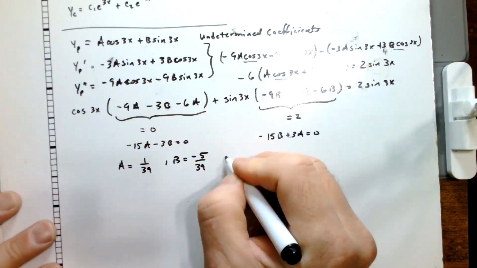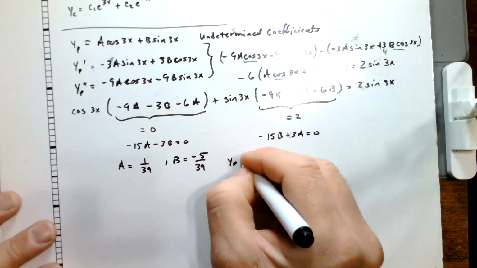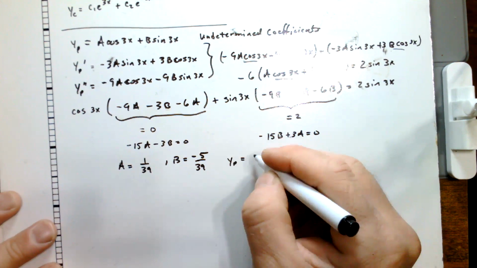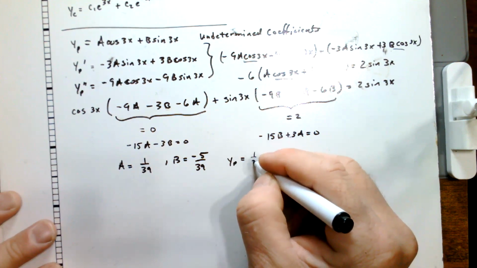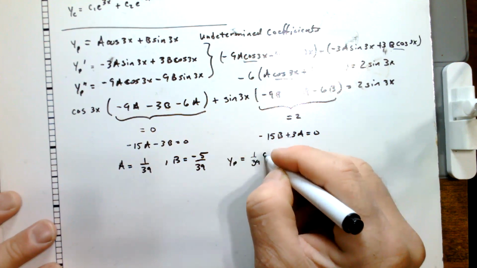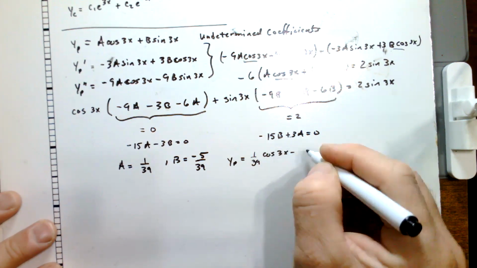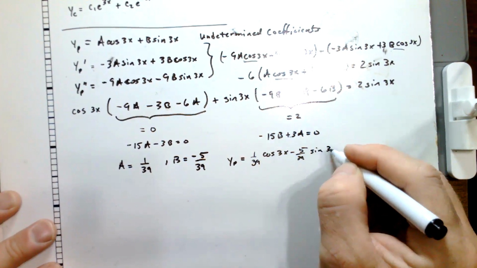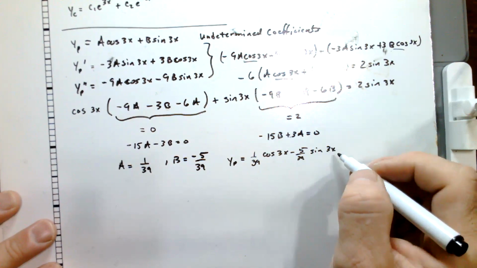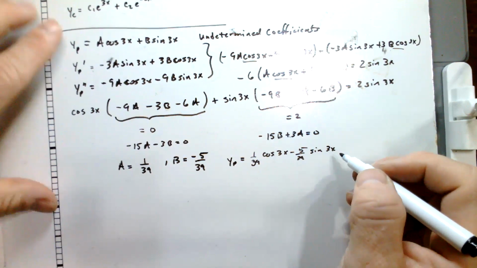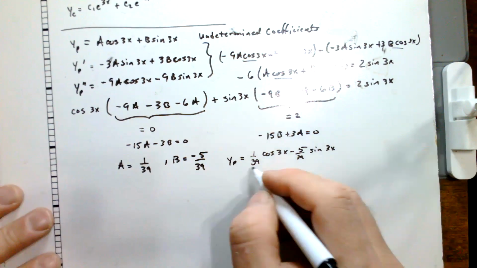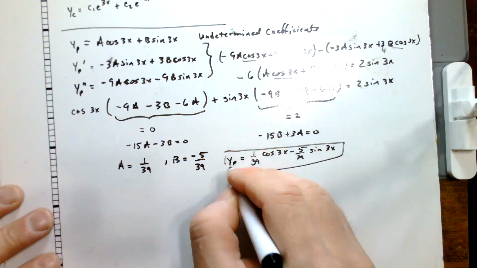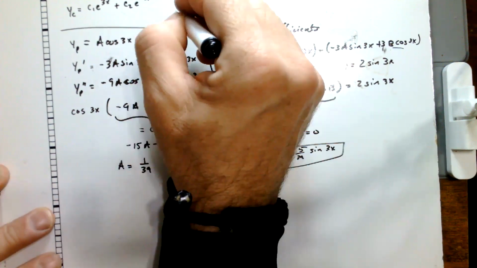Okay, so putting all this together then, our yp is going to equal 1 over 39 cosine 3x minus 5 over 39 sine of 3x. And so our general solution is going to be yc plus yp. So here's yp. And so our general solution,